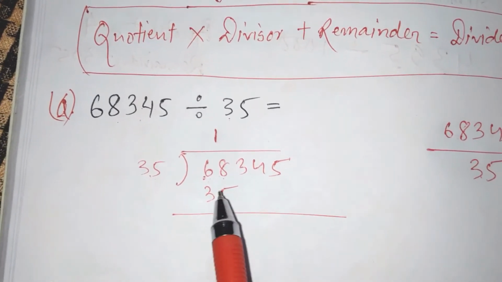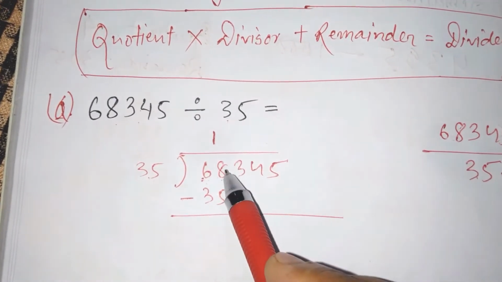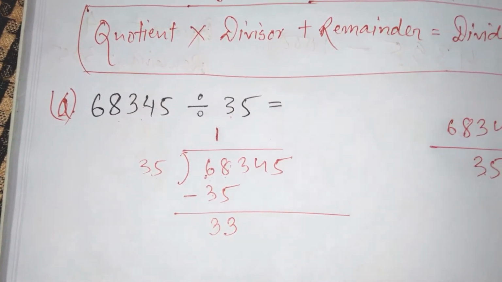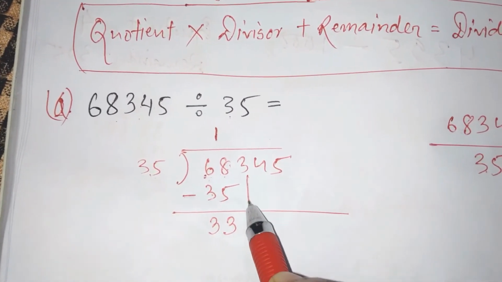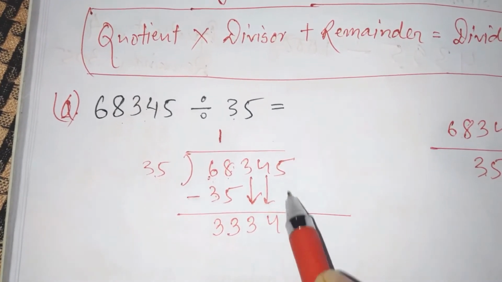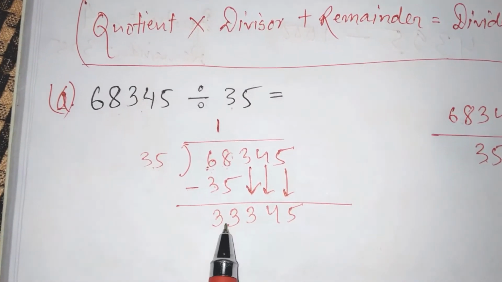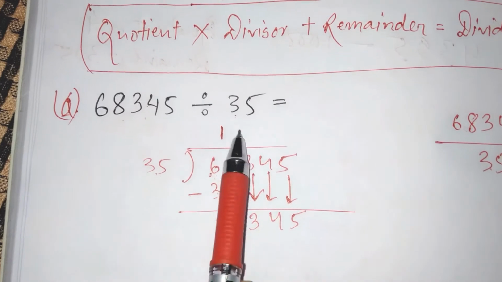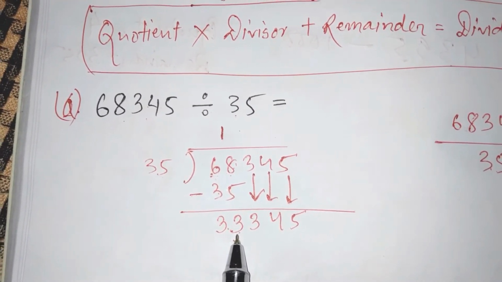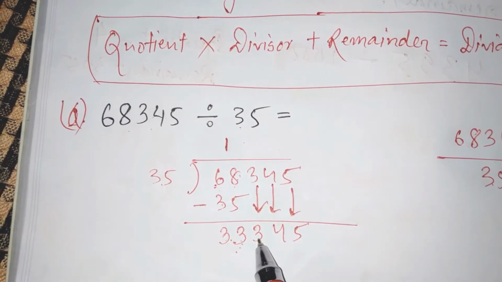Then you have to subtract 35 from 68. So what you will get, 8 minus 5 is 3, then 6 minus 3 is 3. Okay, so now you have got 33. This 3 will come down with 33, this 4 will come, and this 5 will come here. Okay, so now you have 35, and here you have 333. That means if you say 35 ones are 35, it will be more than 33, so you cannot do it. So next thing, you need to find this 333 together.